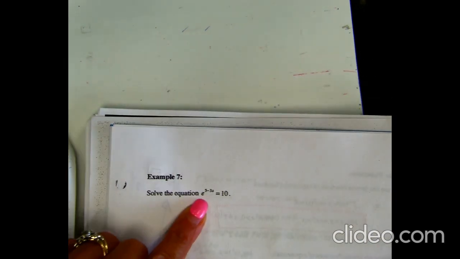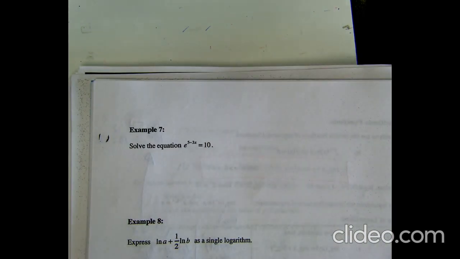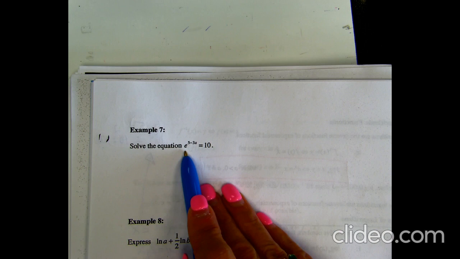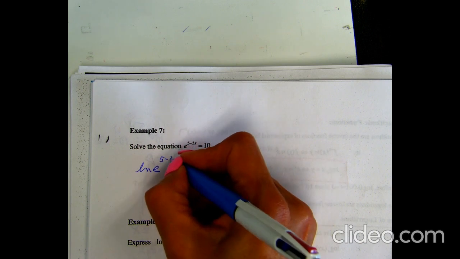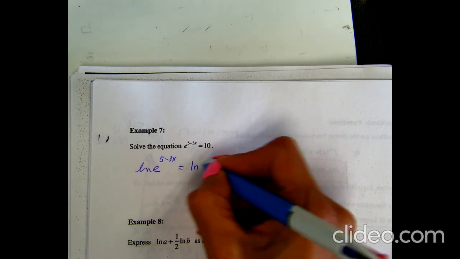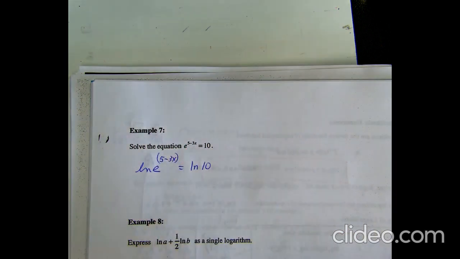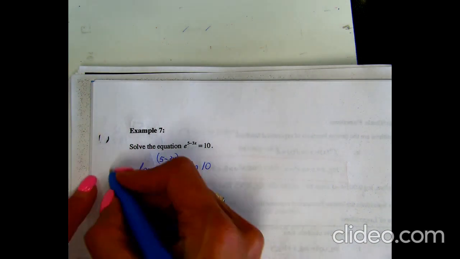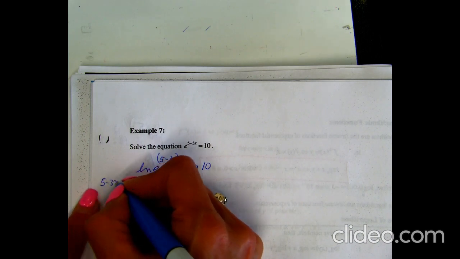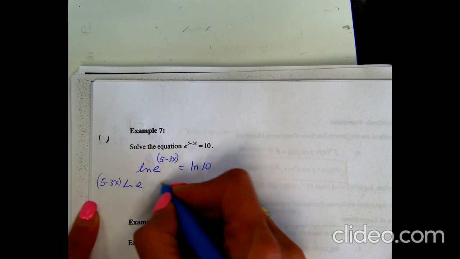So solve the equation e to the power of 5 minus 3x equals 10. We're looking to solve for a variable in the exponent. We want to take the log of both sides. When the base is e, we're going to take the ln of both sides. Okay, so I've done the same thing to both sides of the equation. I've taken the ln. And then I'm going to use my power law and bring the exponent down. That is 5 minus 3x times the ln of e